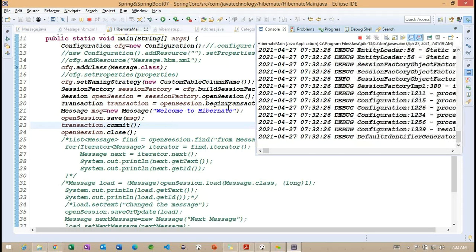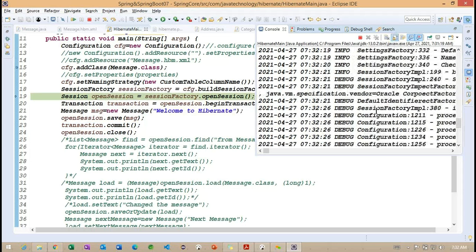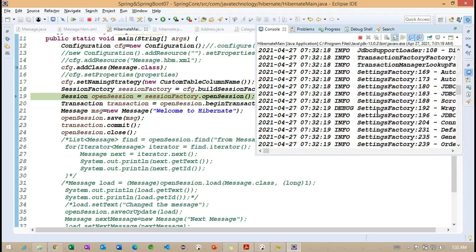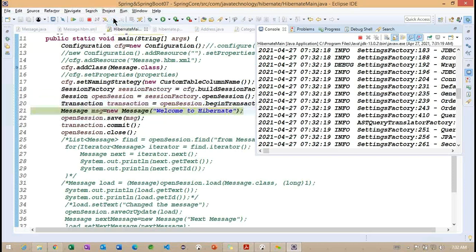Now you can observe when we are trying to move on to this particular build session factory, this much information is going to be generated here. These are the session factory settings, because we are calling the build session factory. So the debug information we are able to see, and the transaction code.